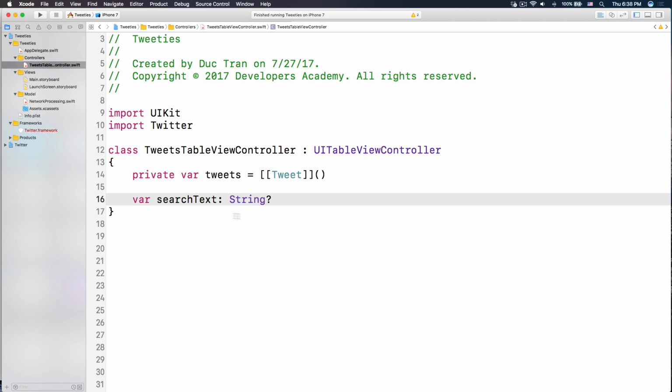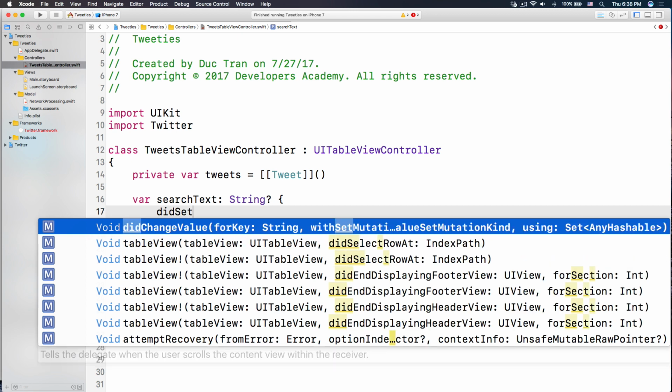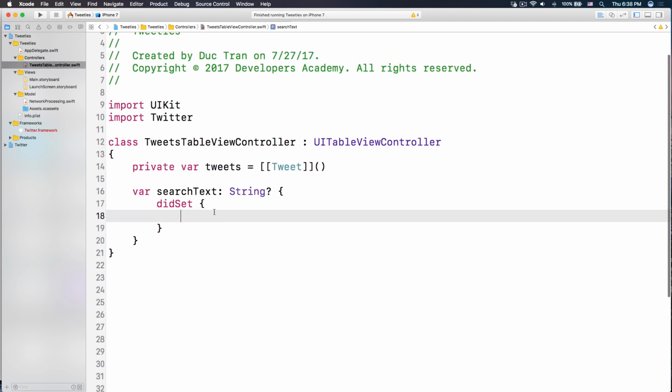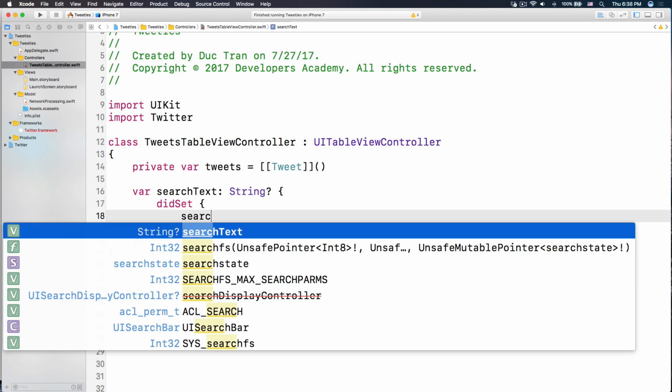And the reason why I make this a public property is because we want someone else who uses this tweets TabView controller to be able to set this search text, right? Now, whenever someone sets our search text, that can be the user typing some text inside your search bar, or someone else segues into this tweets TabView controller and searches for some tweet, right? We want to reload the table view, and then also we want to search